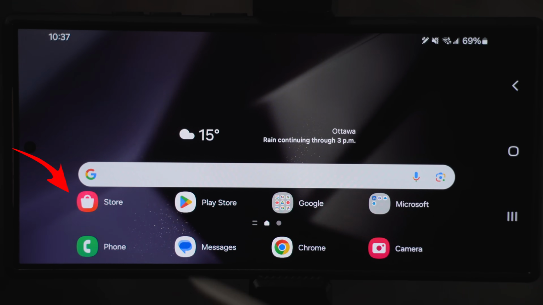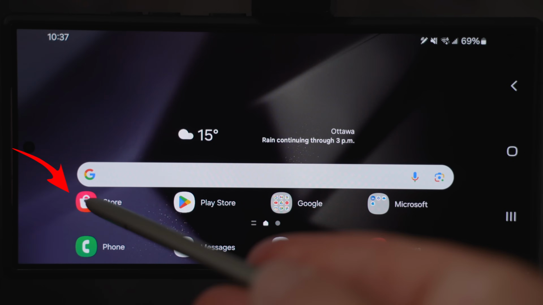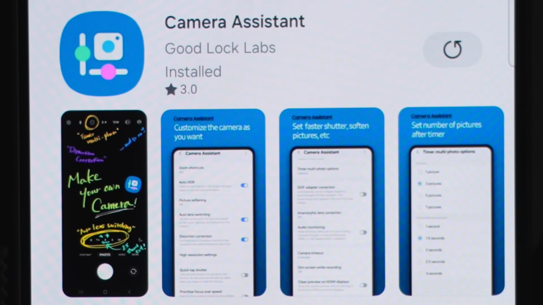The first thing we are going to do is download the Camera Assistant app. Don't go to the Play Store, but go to the Galaxy Store. It's only available there. This Camera Assistant is going to give you a lot more features in your native camera